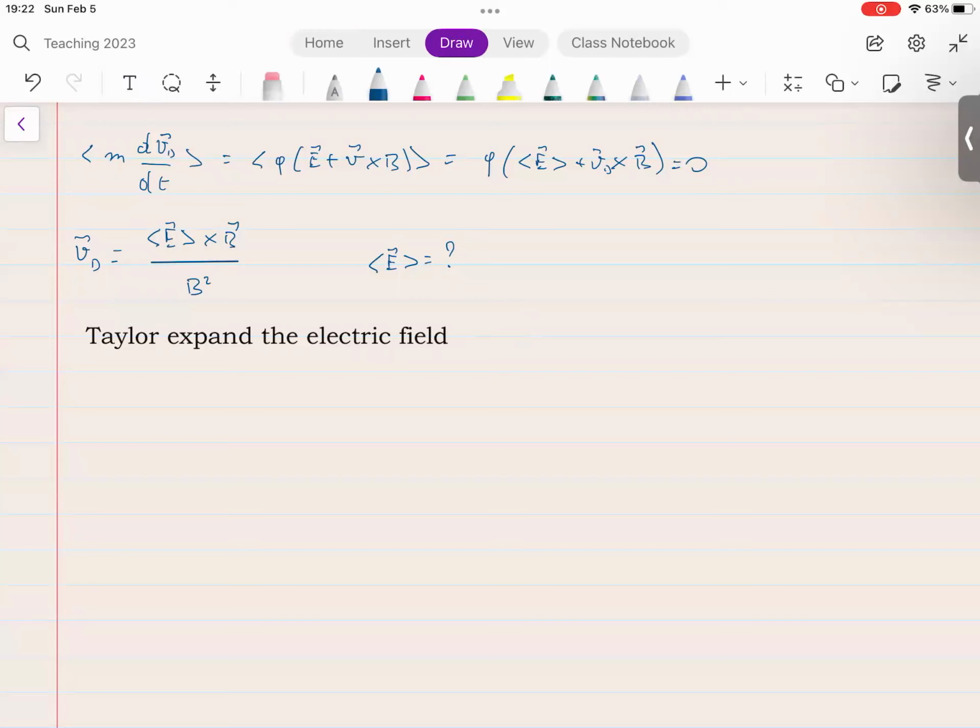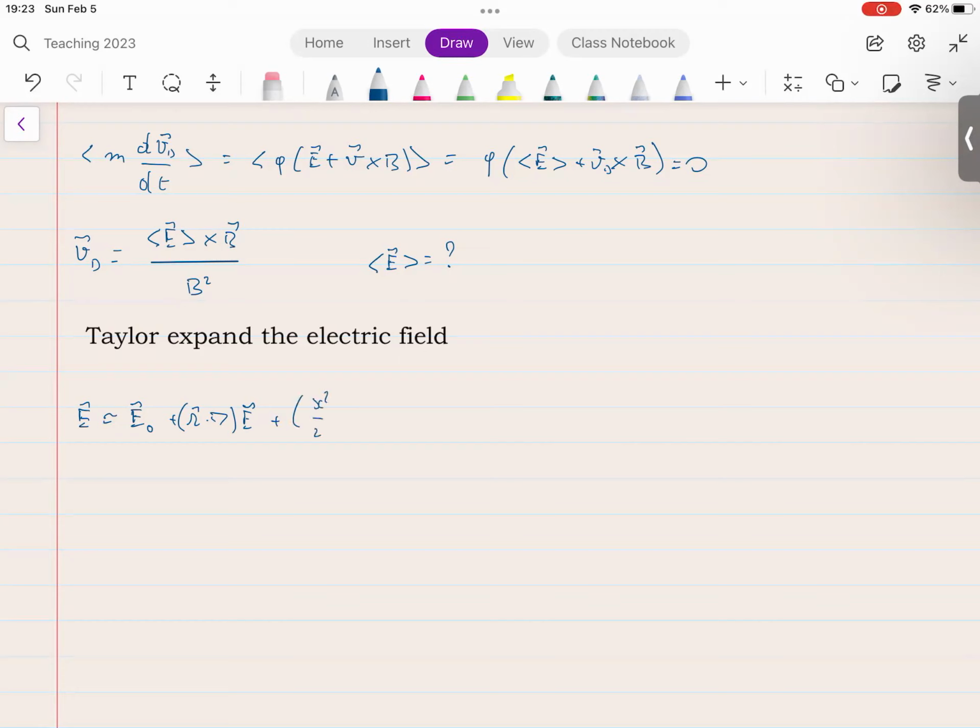We've done similar things before, so we know how to proceed. E is going to be, let's see, I'm just going to write approximately equal, and I'm going to center my frame of reference at the gyro center, so that I don't have to keep track of any other coordinate. So I'm going to have E0 plus R dot grad E plus